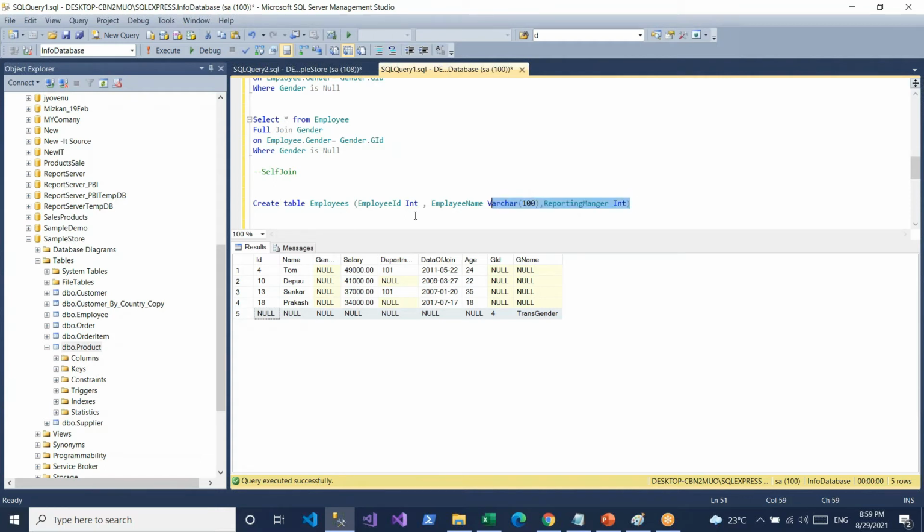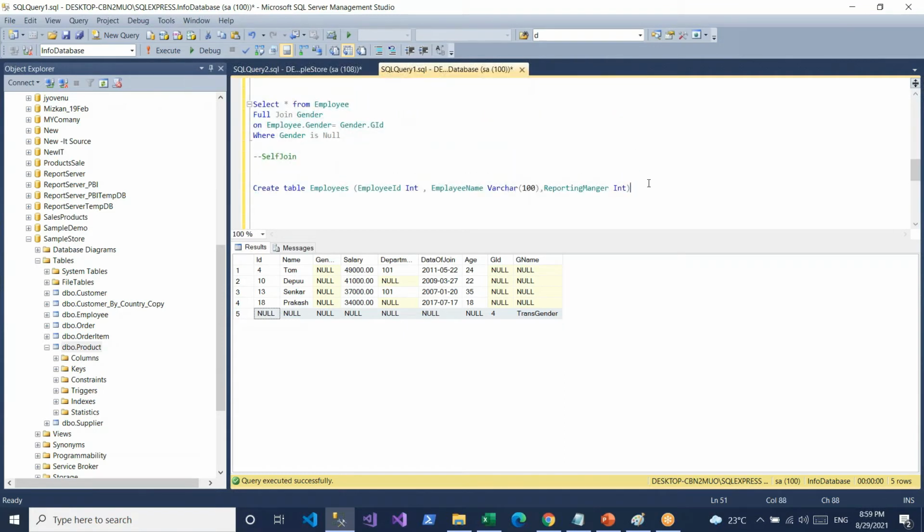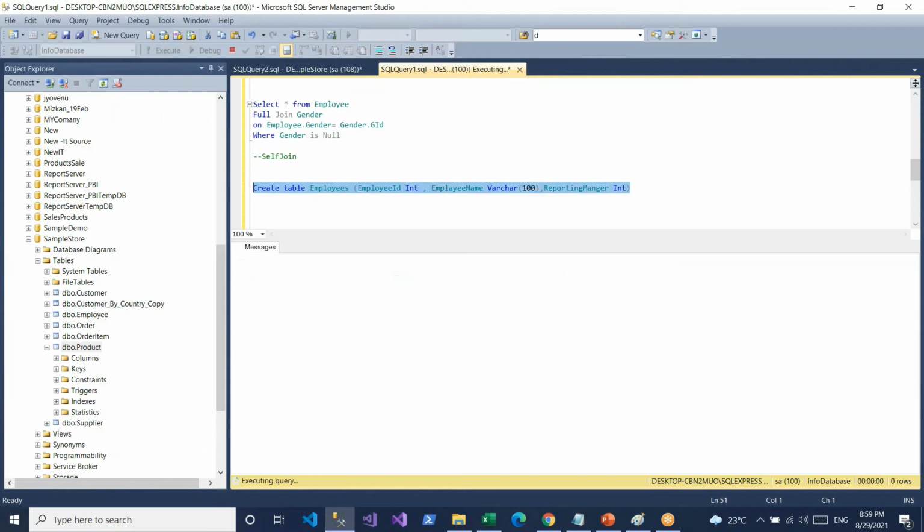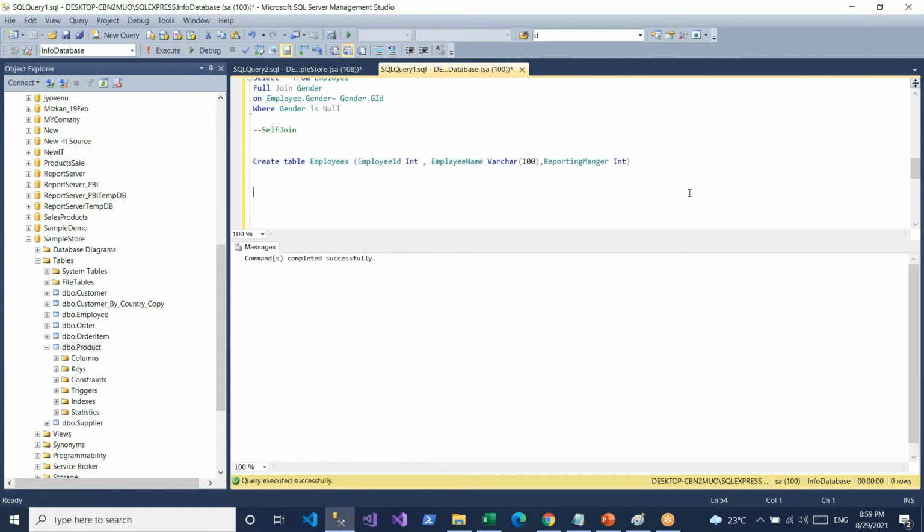So I'm taking these three values. So executed, and I am inserting the records.